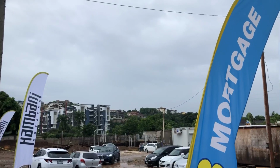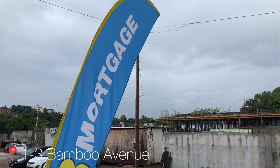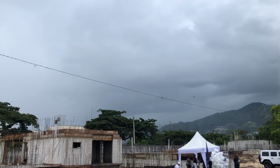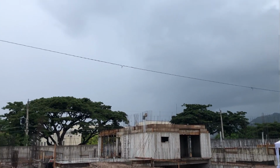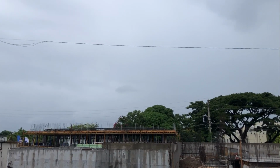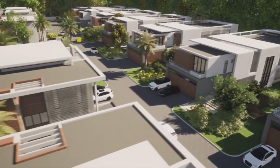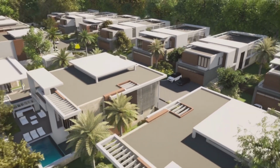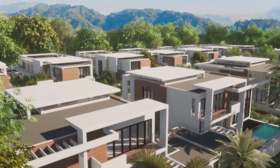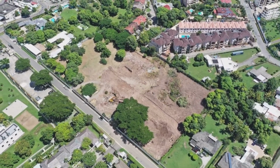So let's talk about location. The property is located on 1-3 Bamboo Avenue, Kingston 6. It's situated right behind the U.S. Embassy. If you look into the distance, that is actually the United States Embassy there behind those trees. And you're also located close to Old Hope Road, close to Mona, close to several plazas, restaurants, and shopping centers. So you are located smack in the middle of Kingston. You do have access to city life, and then you can get away into your private villa